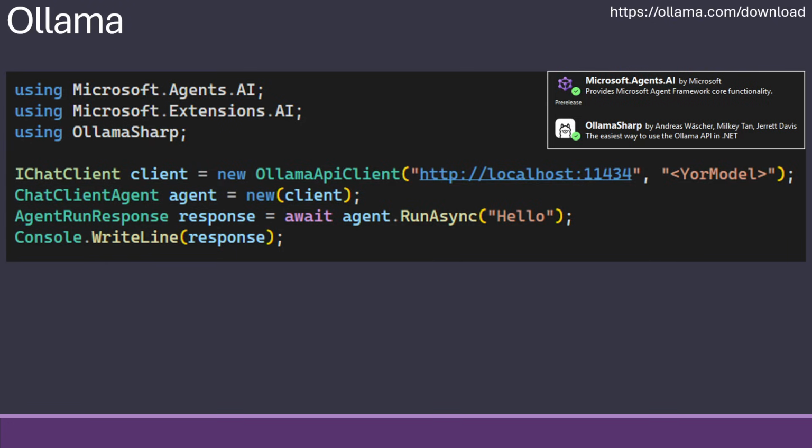Moving on to Ollama, which is an offline model. So instead of a service you sign up to, you download a program and install it on your machine. You then use an unofficial package called OllamaSharp and the agent NuGet package. You then new up an Ollama API client with your localhost and port and what model you want to use. And there you also get an IChatClient back because behind the scenes it's one of those. You make your agent and you just do your normal run and get response.